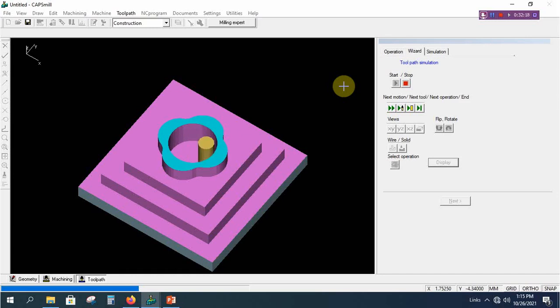Almost all the milling operations are over. Next it will perform the spot drilling operation, punching at 4 corners. Next one will be peck drilling. Slowly it is pecking. We have given 0.4 mm pecking allowance, so that slowly the tool is going down, completely removing and making a hole.